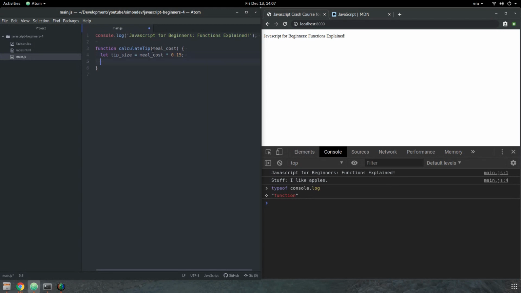And we're just going to write out some quick log statements here. Console.log, the meal cost was mealCost. Let's write out the tip. Should be, and we'll call tipSize. And then the total cost is,